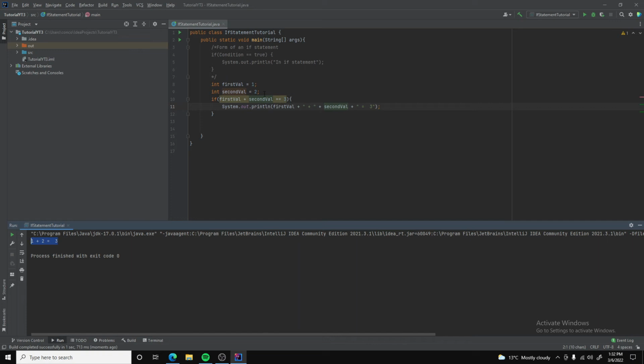But what if we made this 4, and then it's not going to run, right? Because 1 plus 4 is 5, 5 does not equal 3, therefore this is not a true statement, and so it doesn't run. Now I'm going to introduce the else statement, and so if we type else, and then open